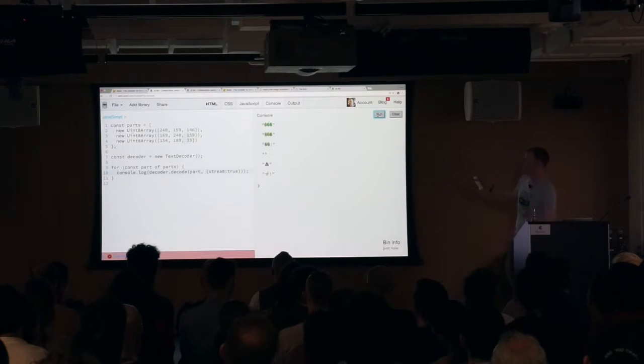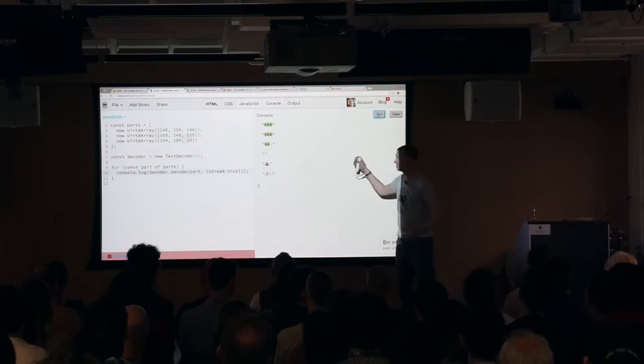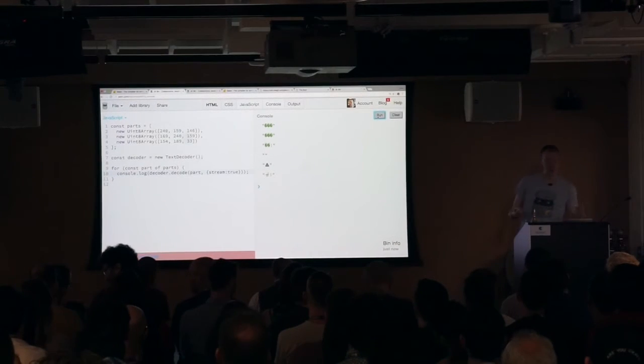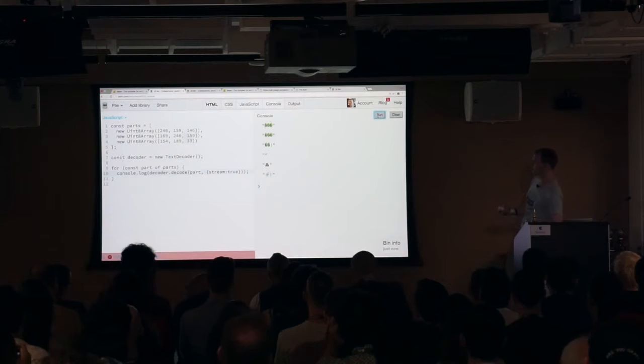and now it's changed and it works. We get an empty string, the poo emoji, and the toilet emoji, and so on. So the reason this happens is